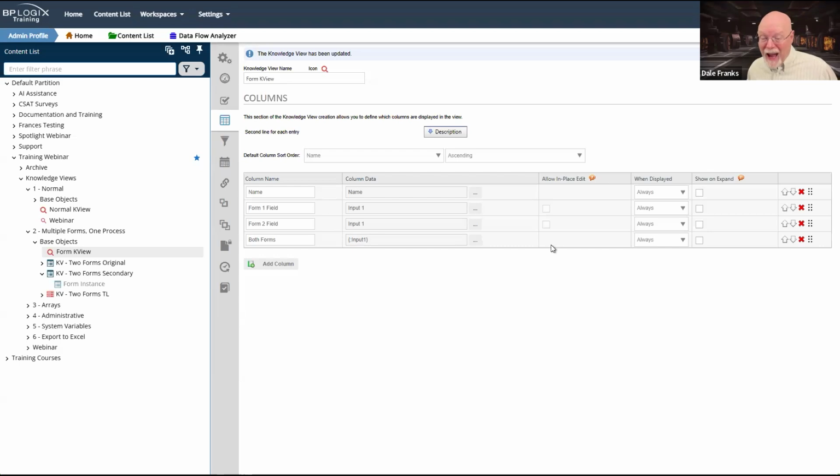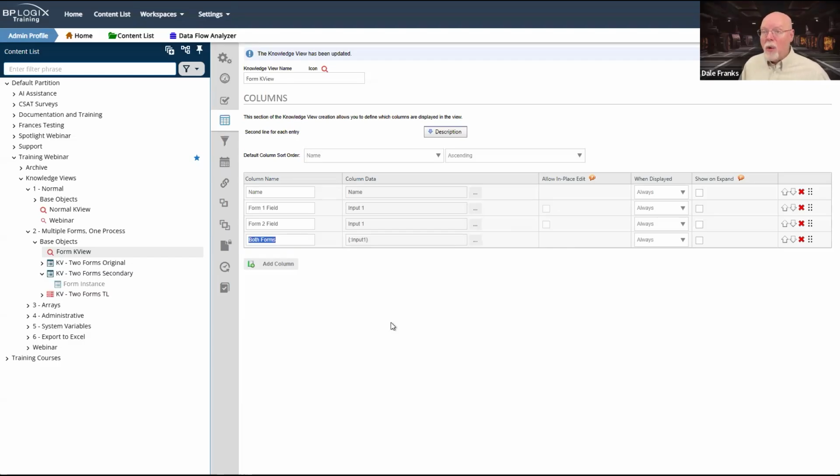But even if I had that set up here, what it would allow me to do is to edit these two fields to allow in place edit. But it will never allow in place edit on this column here, where I'm just using the system variable name, because it is not a direct link to a form field.